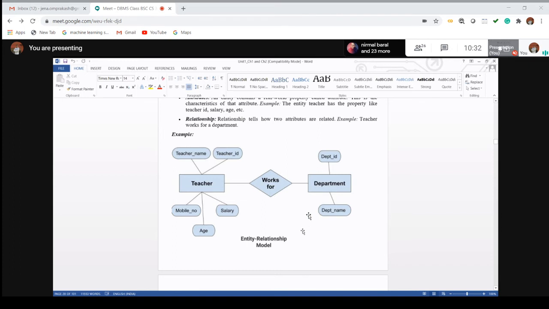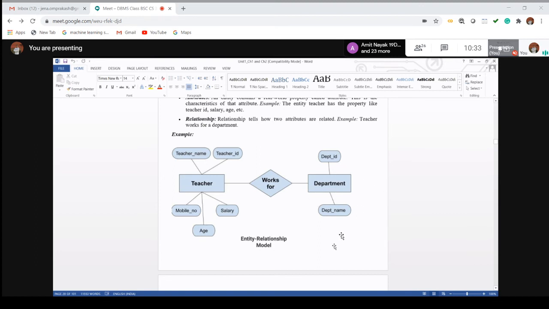If it is UG, I can divide it into first year, second year, third year. If it is PG, then it is MCA or MSc. If it is MCA, then first year, second year, third year. MSc is first year and second year. That means from this ER diagram, I can divide it into a hierarchical model. You can also construct it in the form of a network data model, just like from department you can go to UG or PG.